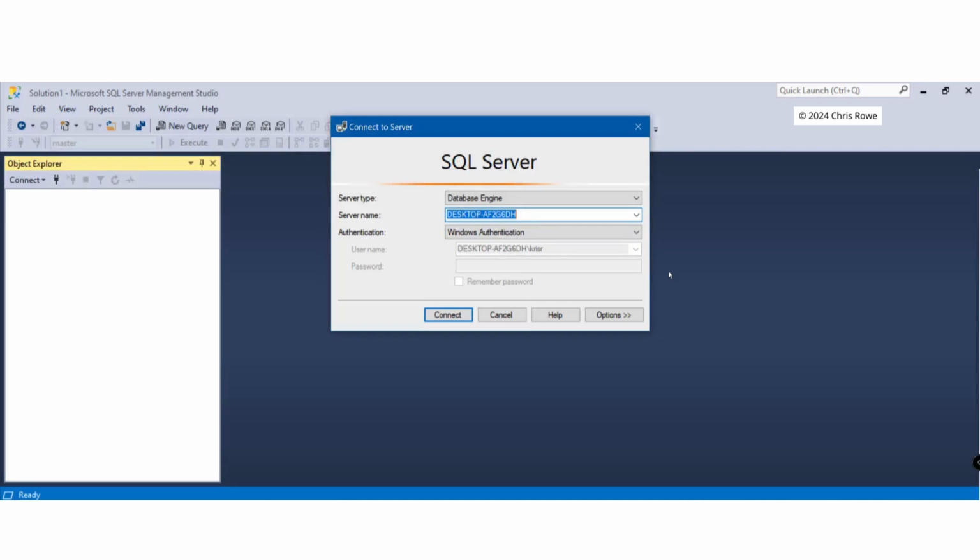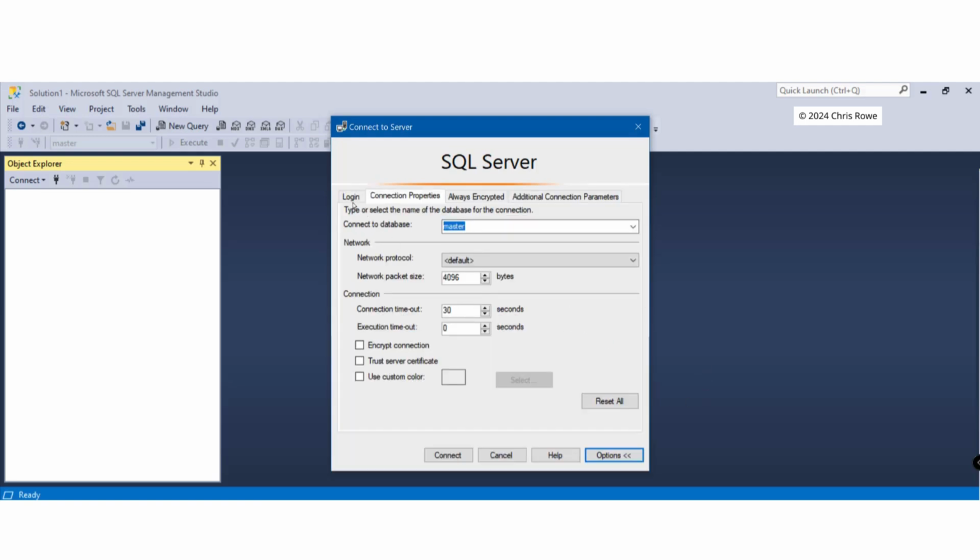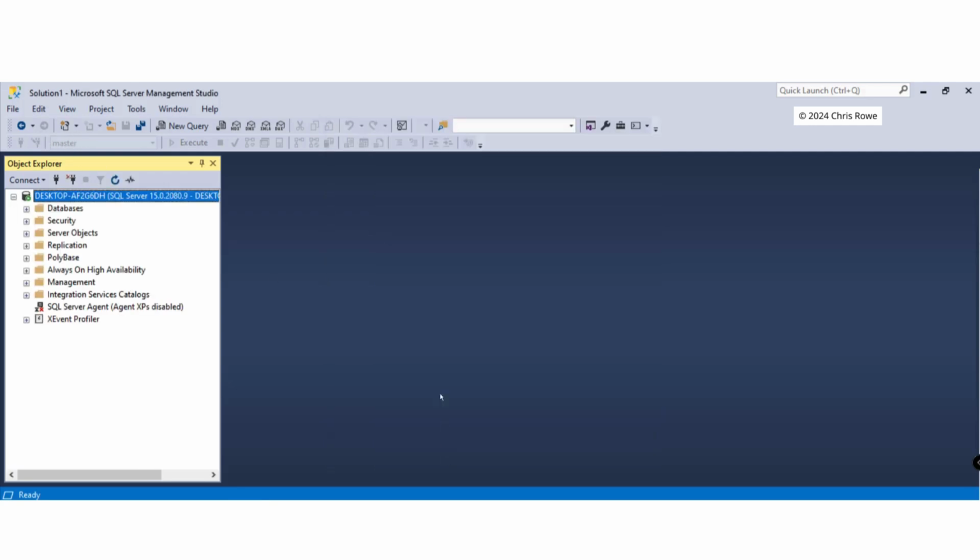Okay, so a neat little thing that we can do before we even log in to SQL Server itself, if we click in the options here, and you can see under Connection Properties, make sure you're on that tab, we'll see here Connect to Database, and it's defaulted to Master there. What we can do is click on Wide World Importers, for example, and if you don't have that, you'll need to browse or just simply type it out manually. So let's have a look at that, and we'll hit Connect. Now that will store the connection to database. As you can see here, it's always set to Master. Let's connect to that,